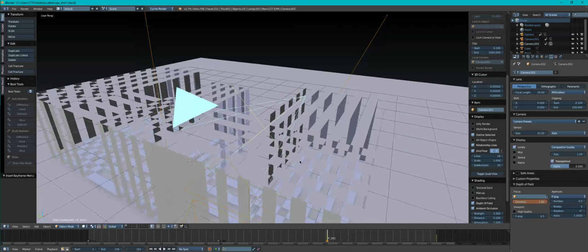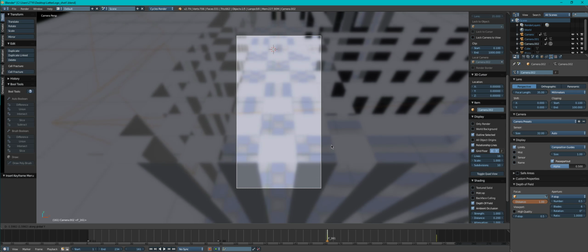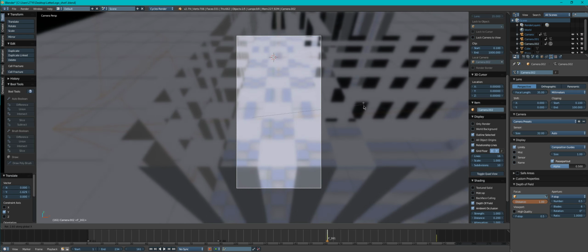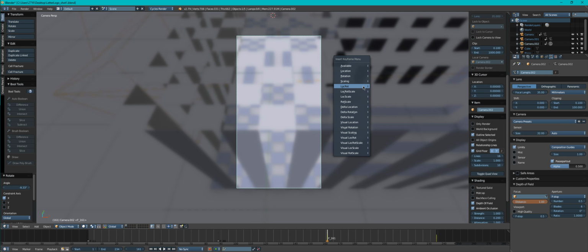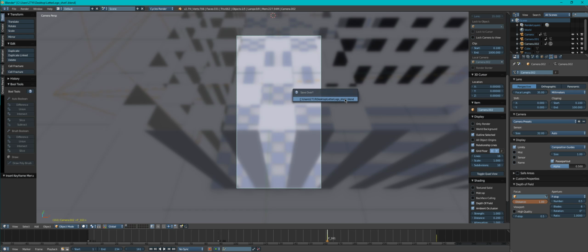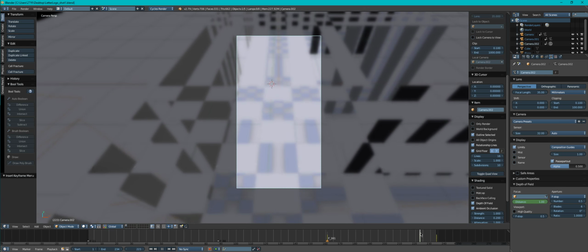I just did the focus distance. That's fine. So, bring this back and down, and then drop a lock rot. Cool, so we'll get something kind of like that,